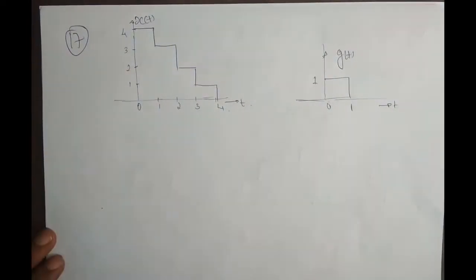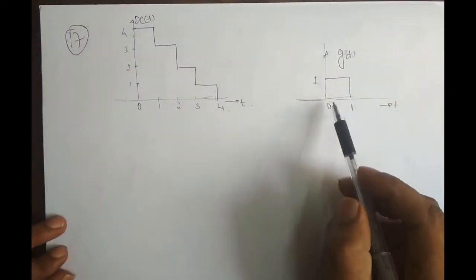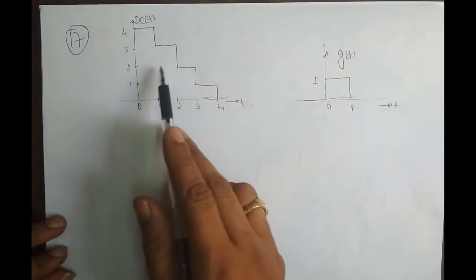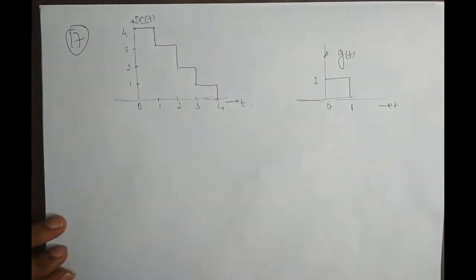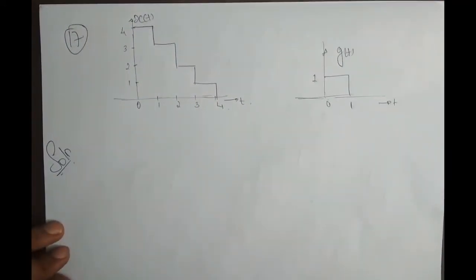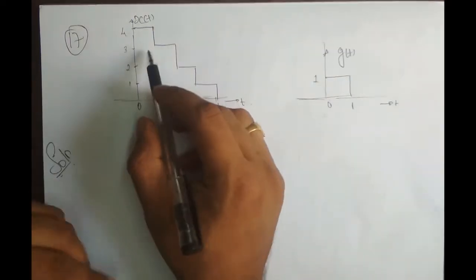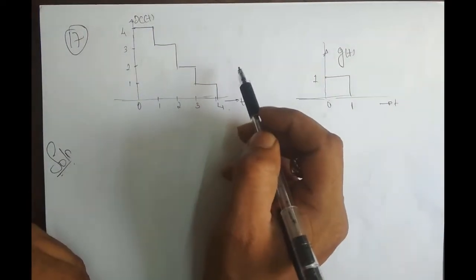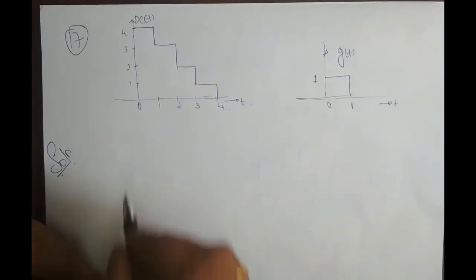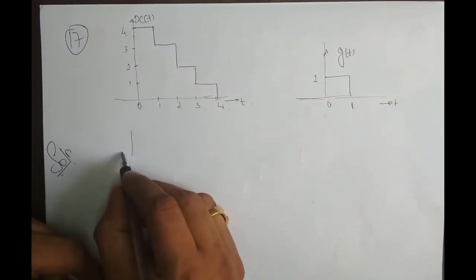Now the aim here is the same. I have to express what with what? I have to express x of t, this signal, in terms of g of t. Okay. So solution. Now, this can be represented as a sum of 4 individual signals, right? So the first signal is,